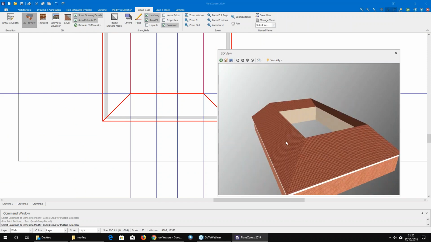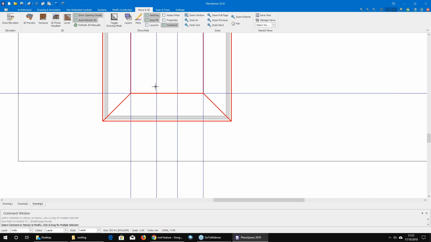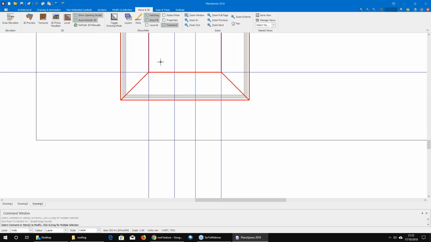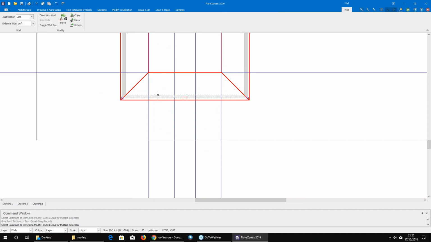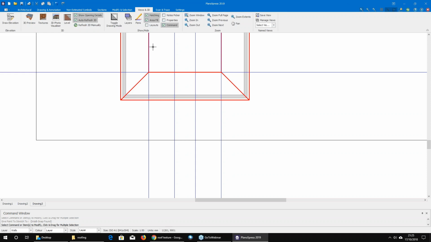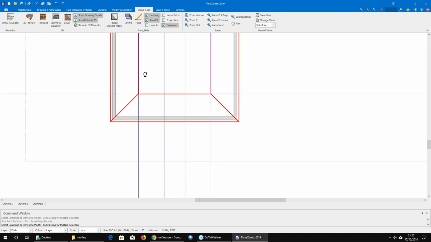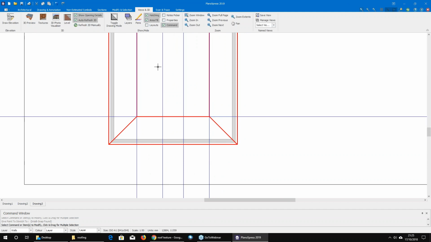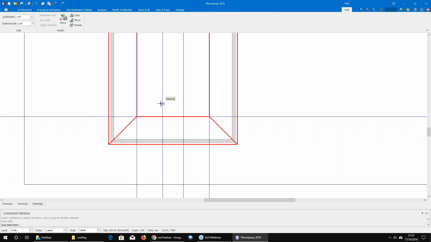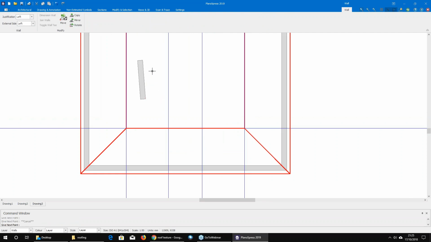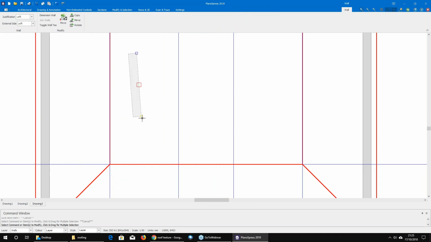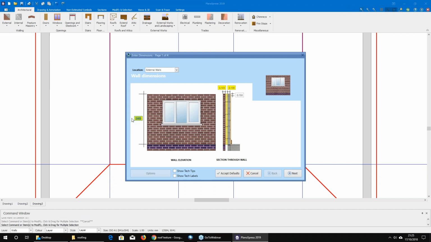Right, so we've got that in. The measurement. Now, I've kept it to some very straightforward measurement by using a 45-degree angle. So I've got a 2.4 high wall. So the internal measurement of that wall to the top of that ridge should be 4.8. Now, if I'm putting a flat roof in there, unless I want the flat roof to be peeking over the top, I don't want to be using 4.8. I'm going to grab myself an external wall, pop it in there anywhere, doesn't really matter at all. And I'm going to set the height of that to be